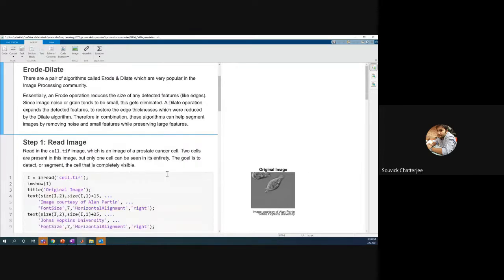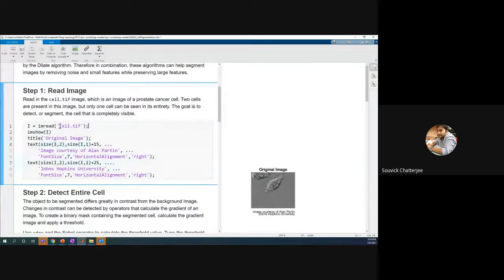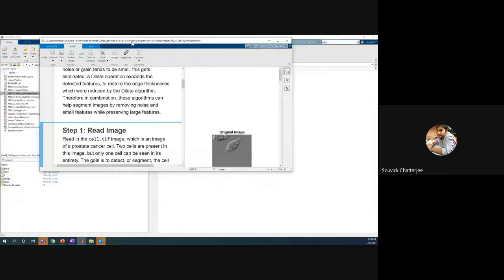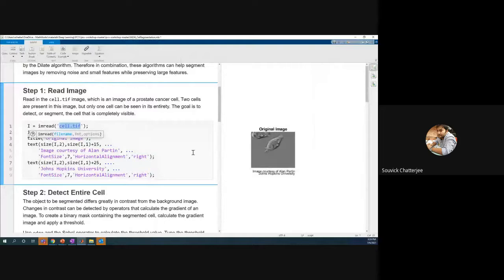So first of all, we are reading the image. And when you are reading the image, make sure that this cell image is not inbuilt in MATLAB. So what I have to do is this image should be there in the current path, right? If it's there, then it will just read it. Now, once I have read that image, I'm also adding a title to it. So this title means here it's the original image. And then we are putting this text like this image is courtesy of this, because say, for example, when you're putting images in publications, you need to give the reference, right? So those sort of things, we're just putting it here.